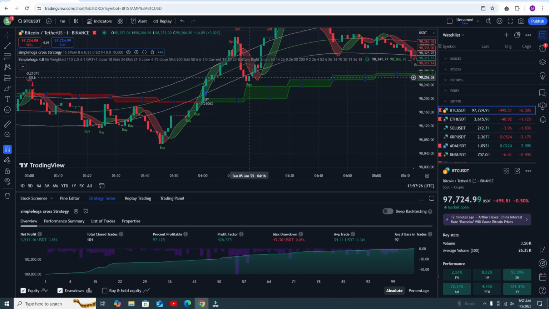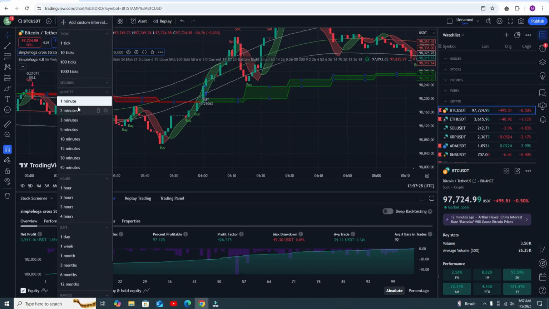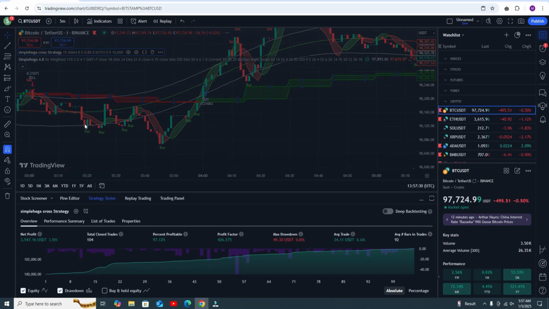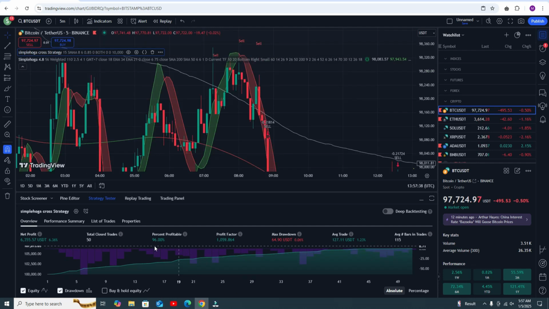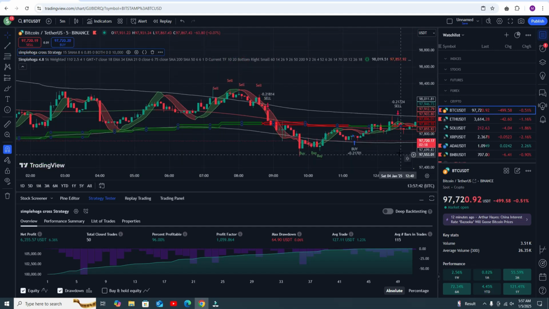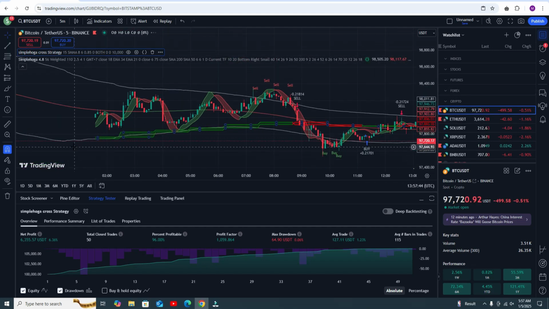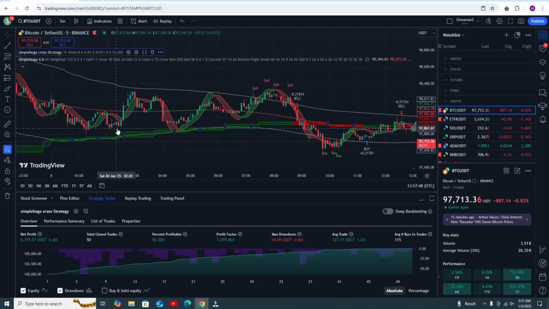Okay, now let's see the results in the 5 minute time frame. If we use the 5 minute time frame, definitely your accuracy will be lower, but we need to change the setting. Around 96%. Okay, that's actually fine, but we need to change some setting, because we need a big trend. Like if you want you can use that.